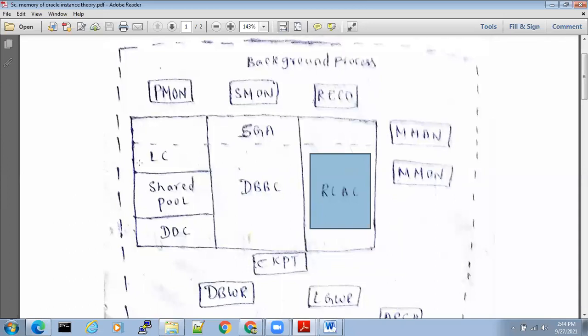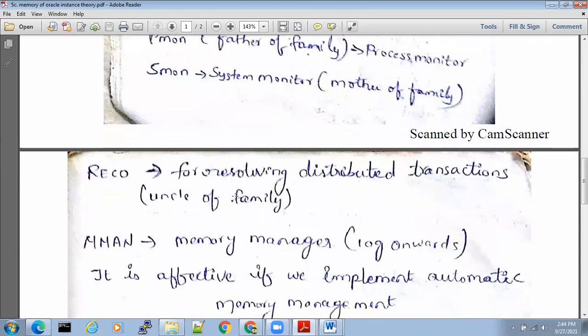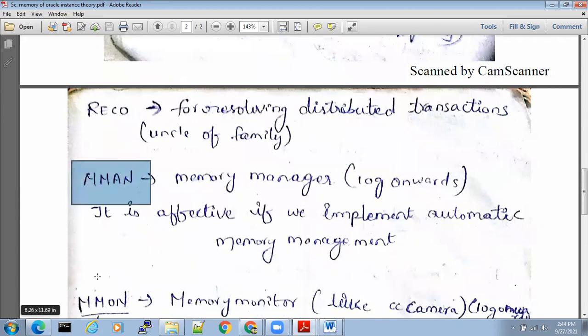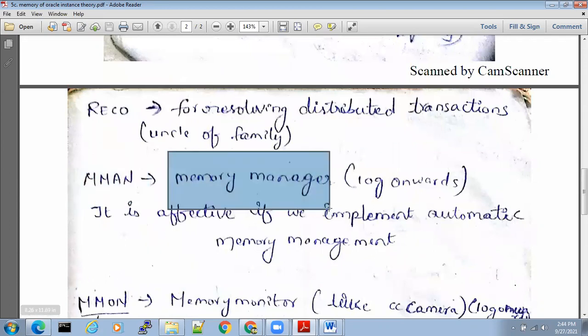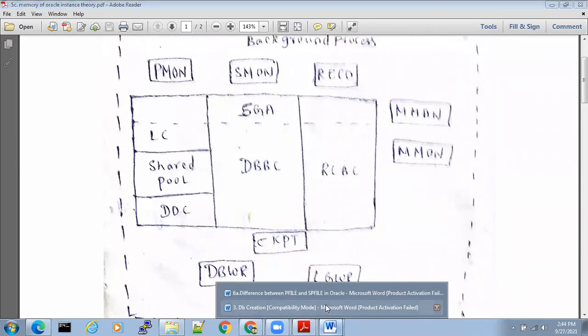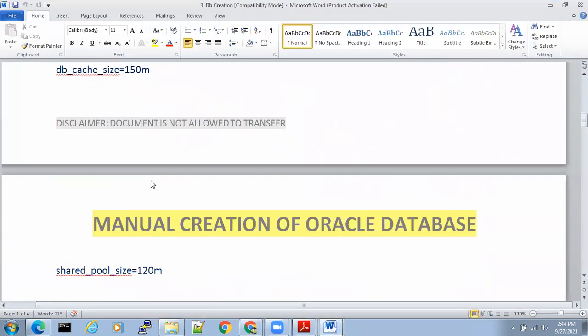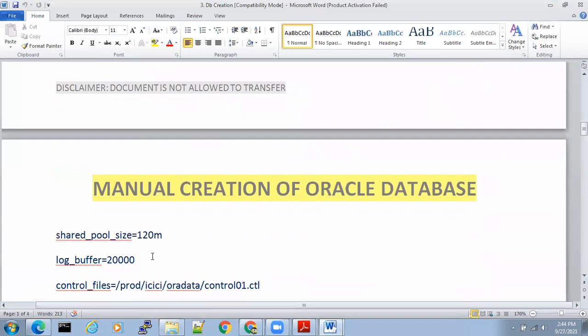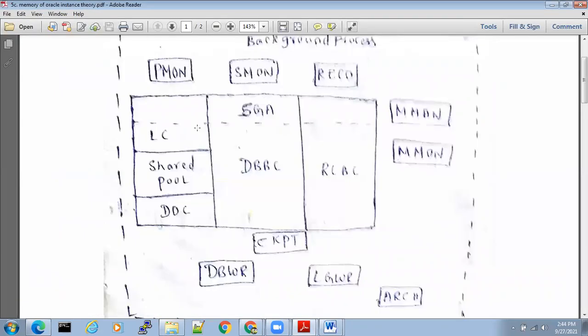Okay. So now why am I talking about MMAN, the memory manager? Actually, at the time of database creation, you are giving individual parameters. You are giving shared pool a separate parameter, shared_pool_size.